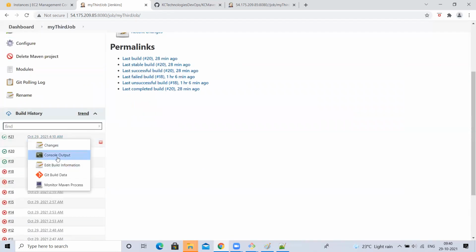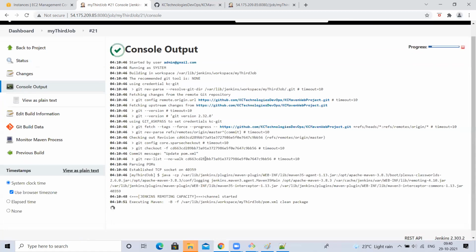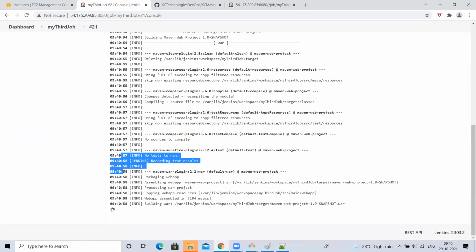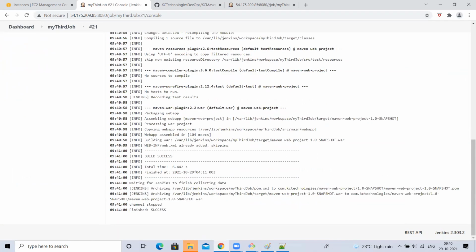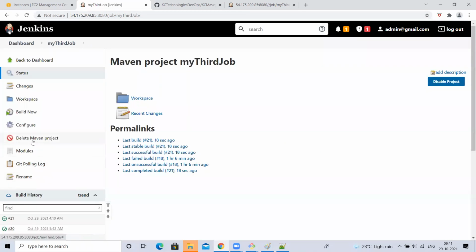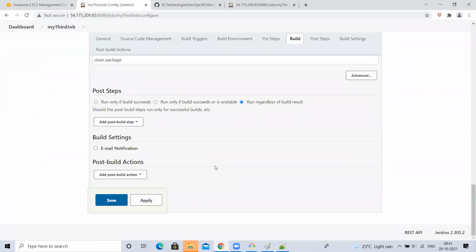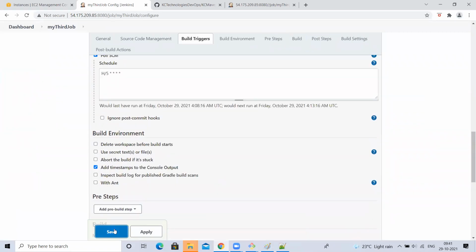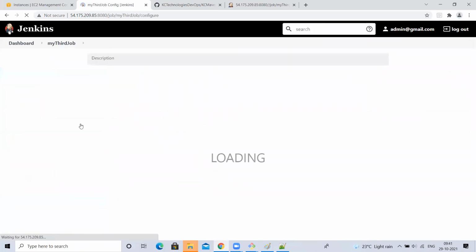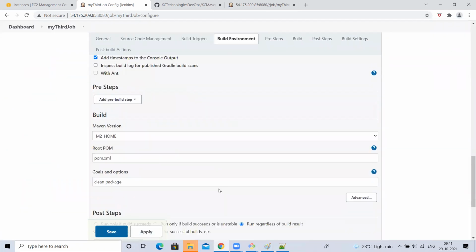Now, if I go here, from now onwards, I enabled, right? Add a timestamp. See, for each and everything, when this line got printed, every second it is printing that time. Understood, guys? But when you enable that option, will it show for previous jobs as well? No, only just now I enabled this option for this job. So from now onwards, for my next builds, it will show the time. Understood? Is it clear? Yes or no? Yes, sir. Next.